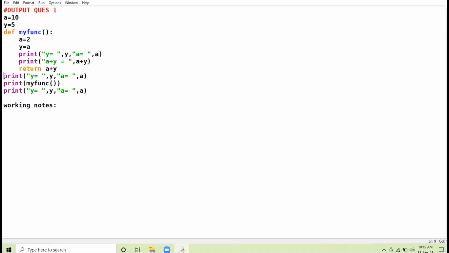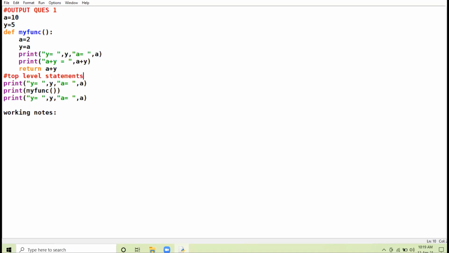Now, starting from this print statement which I have shaded, this print statement falls under the top level statement. From here, we start with the top level statements.